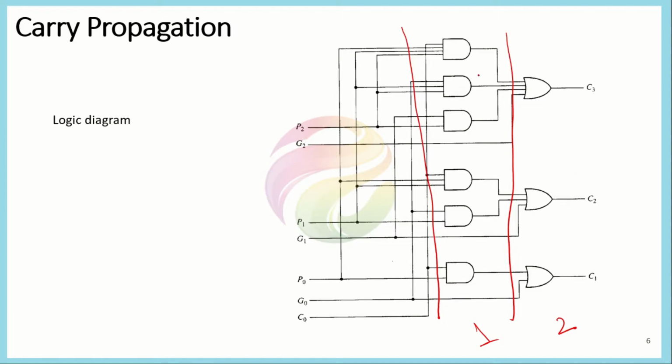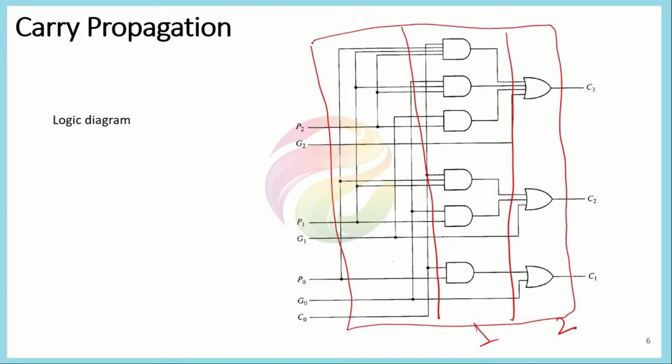So this is the actual carry propagation term here. Now what we would do is simply put it inside a block diagram or an IC form. We will put it in this kind of block where P2, G2, P1, G1 and P0, G0, C0 become the inputs of the system, and C3, C2 and C1 become the outputs of the system. So this is the extra circuit now associated with our adder. It is called the carry propagation circuit,